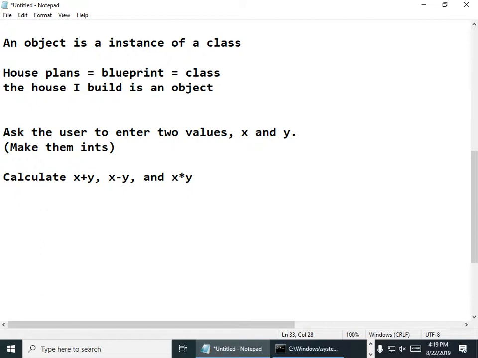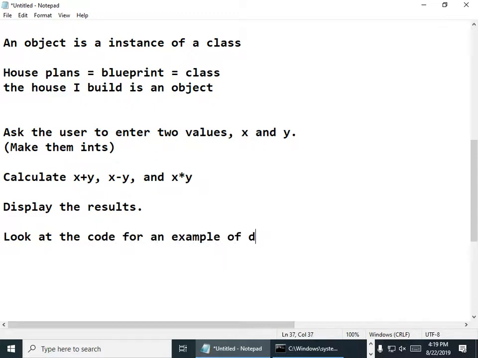We could even do x divided by y, but it would be doing integer math. Might blow up if they typed in 0 for y. That's good enough. And then display the results. Look at the code for an example of doing integer input.